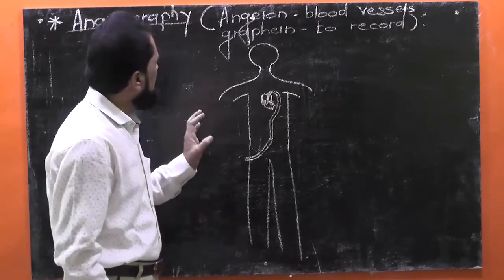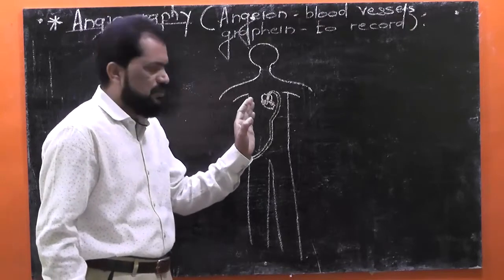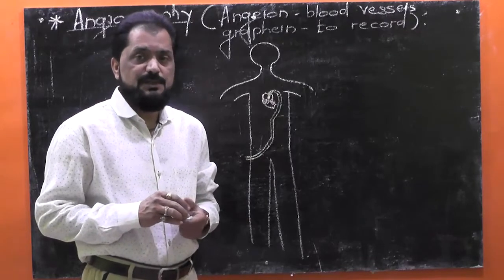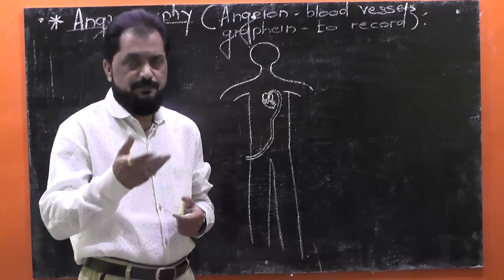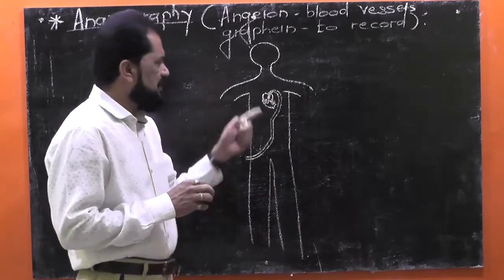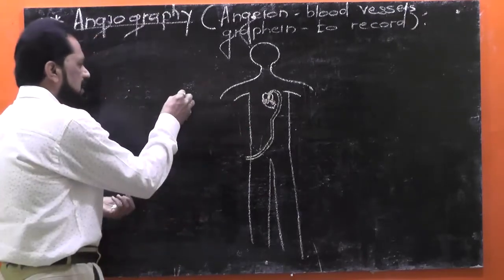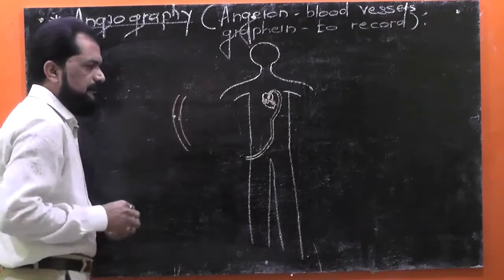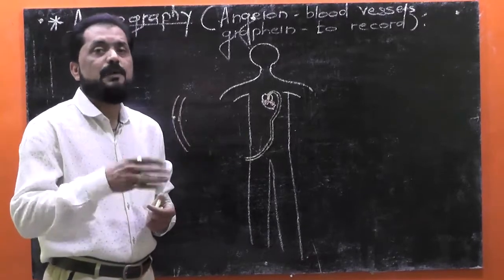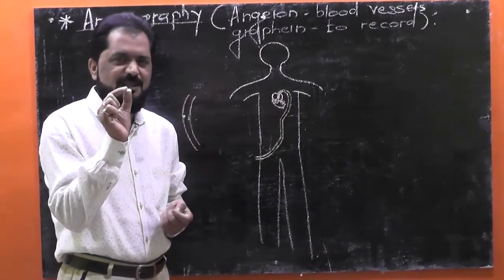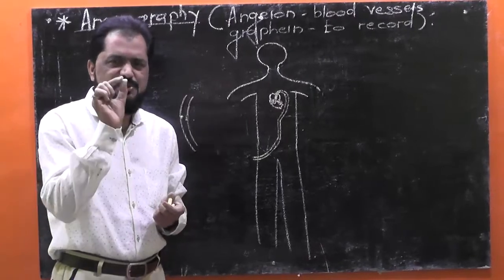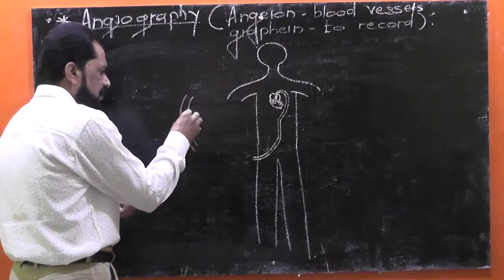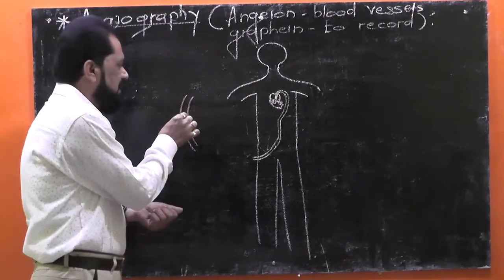So here I told you about the basic technique of angiography. Now this angiogram, that is the X-ray images of the blood vessels, is used for further treatment. As far as the coronary arteries are concerned, if any blockage is there, then with the help of angioplasty, a stent, which is nothing but a small spring-like device, is placed in that narrow region so as to dilate it, so as to increase the diameter